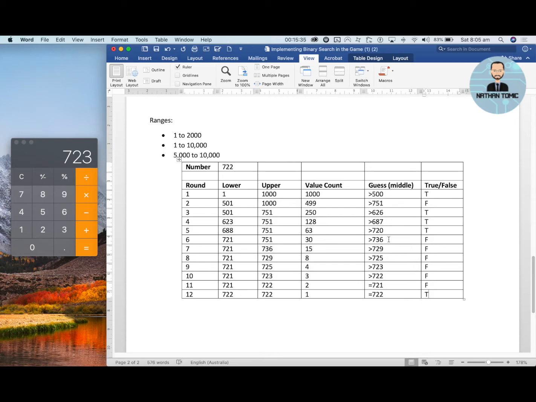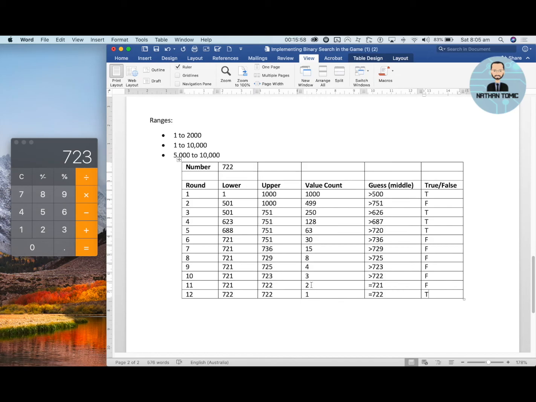The guess, remember, the easy way is to add up your lower and upper values and then just divide it by 2. If you get a decimal value, which is quite common, just round. And I, again, suggest you use proper rounding and round it up to the nearest whole number. So you ask your question, or your guess, sorry, and then you answer it. And depending on that answer, you do round 2 and round 3 and so on,